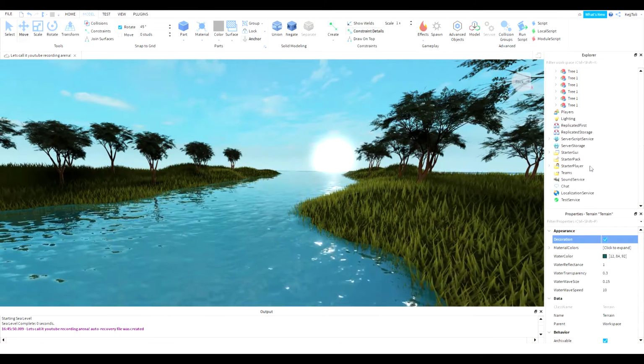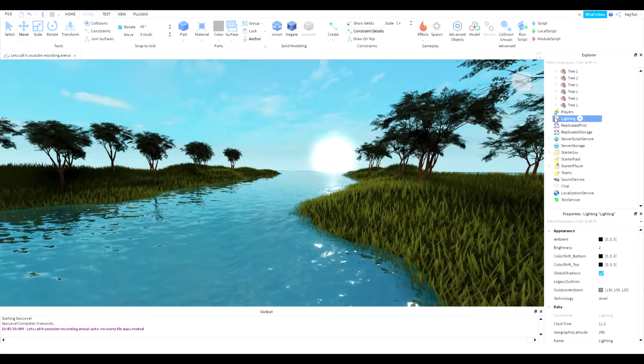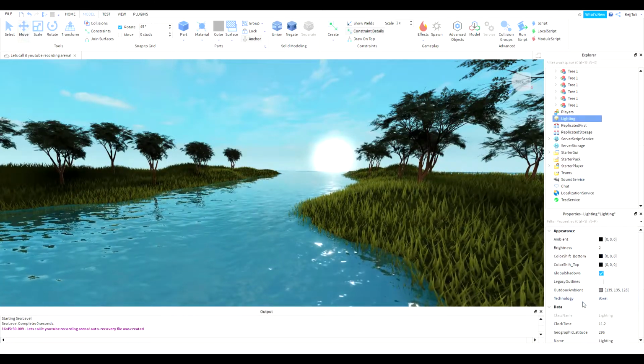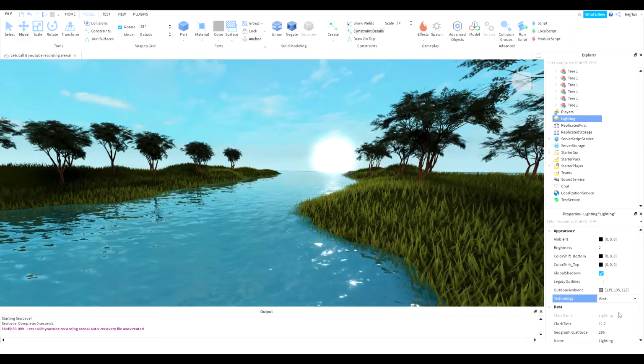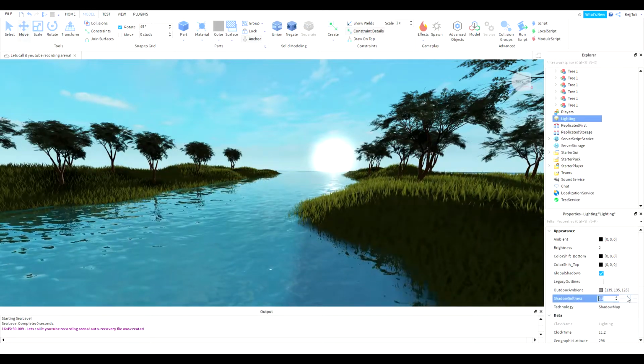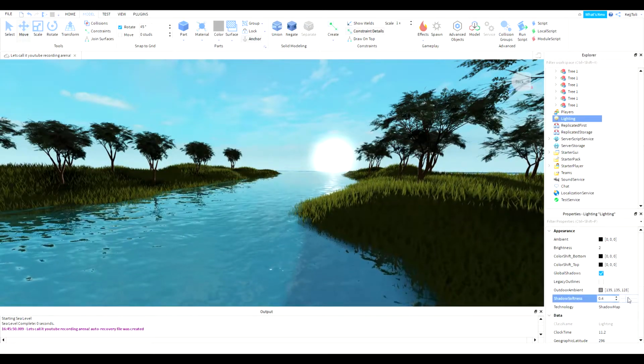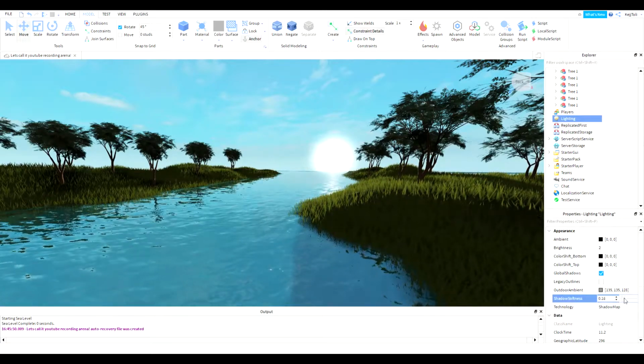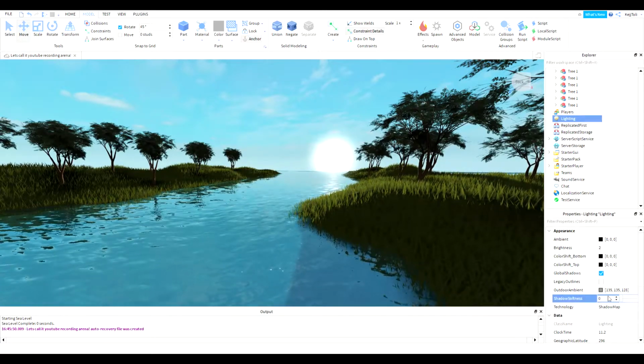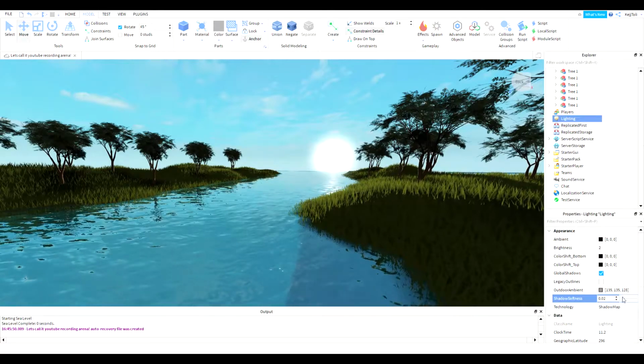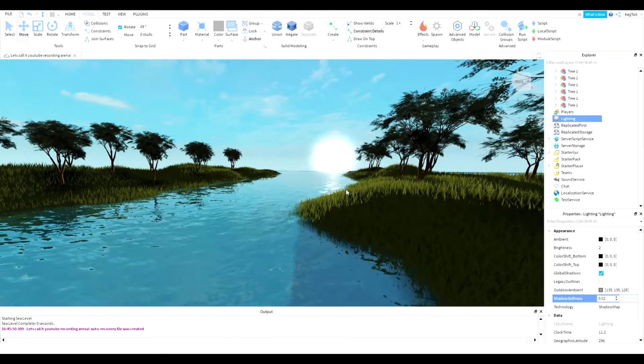Then you go to lighting and technology and you choose shadow map, and you can actually choose shadow softness. I'll make some sharp shadows. So yeah,